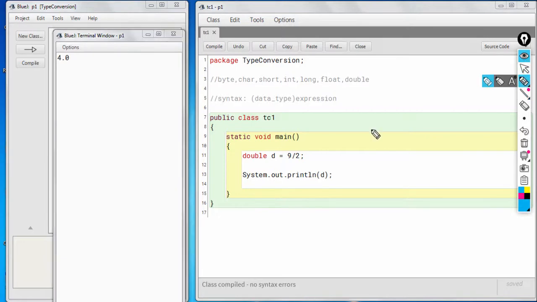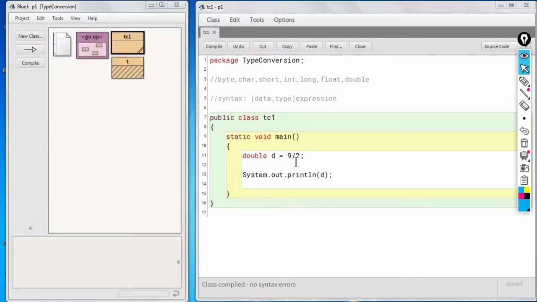So as you can see, the value of D is showing as 4.0. So what happened here? 9 divided by 2 is actually 4.5, but since both the numbers are integers, okay, since both the operands are integers, the result will also be an integer.